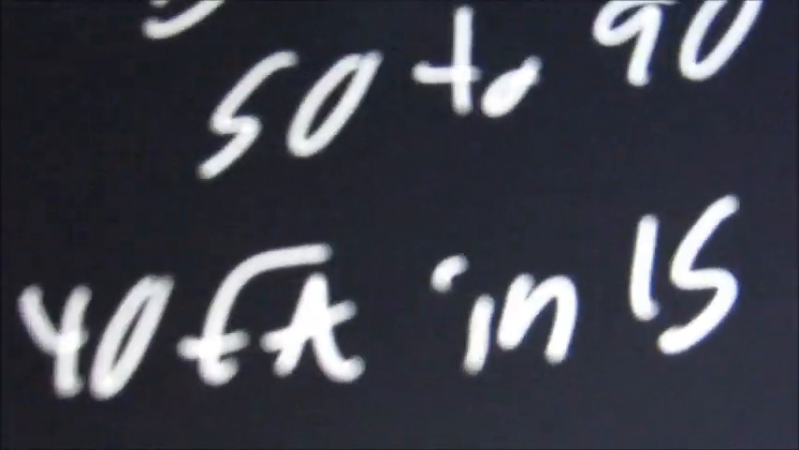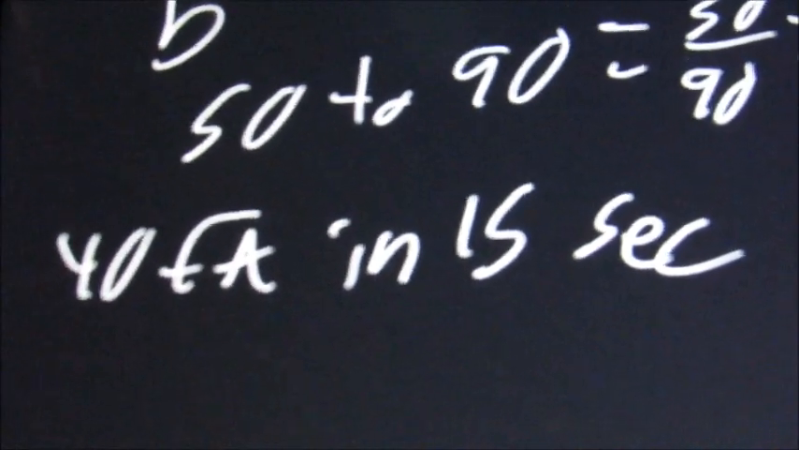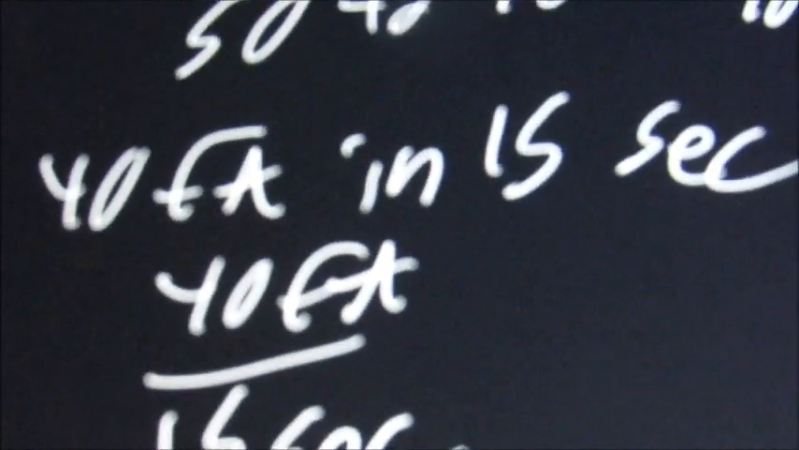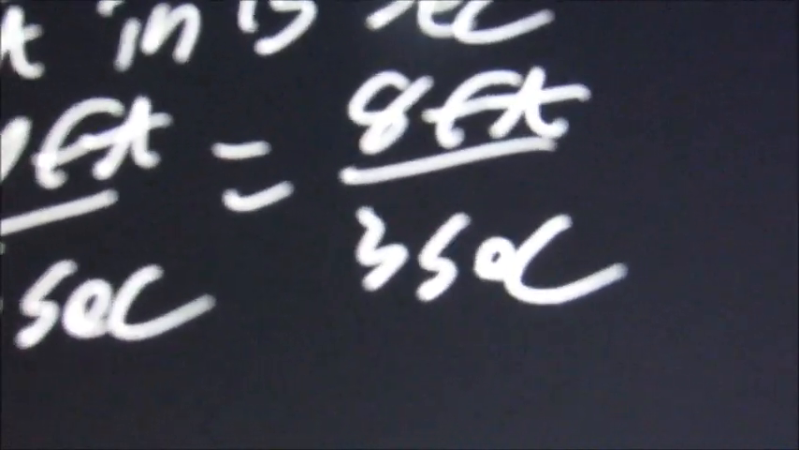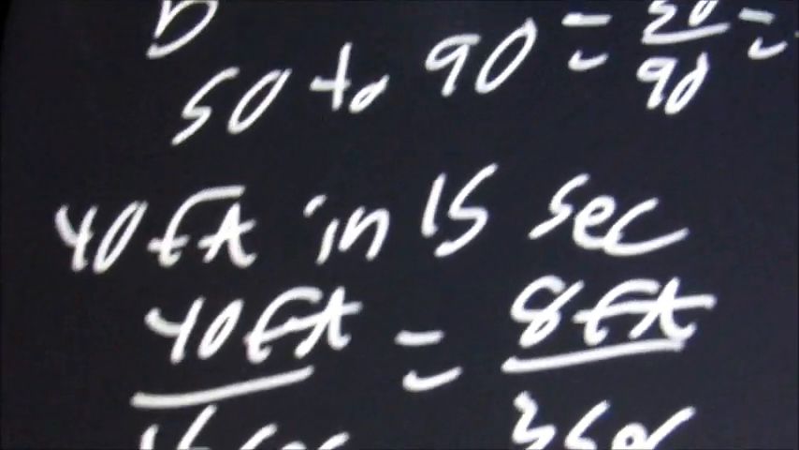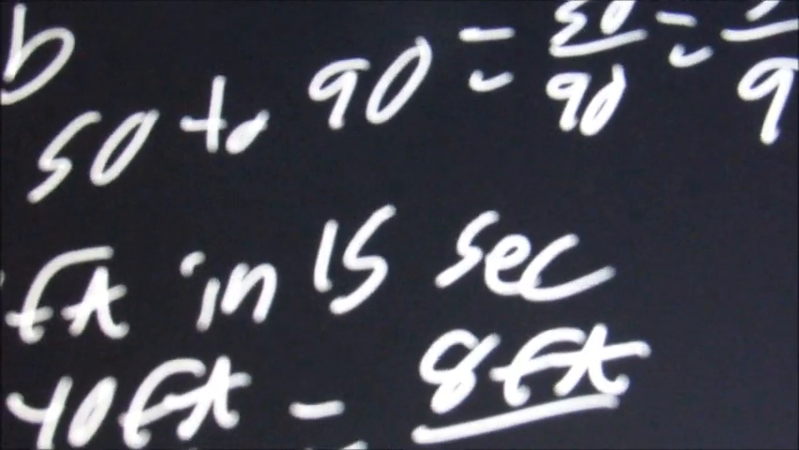You could also have something like 40 feet in 15 seconds. And there, you're just going to put 40 feet over 15 seconds. But here again, you can simplify. Divide both of these by 5 and get 8 feet over 3 seconds. Okay, then next you'll have some like